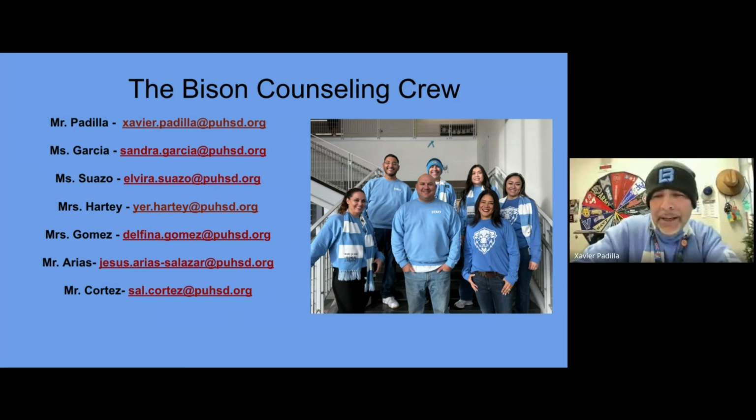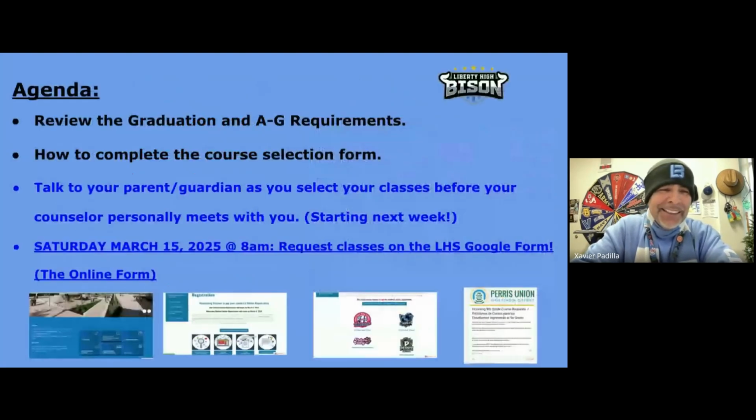I really appreciate it. And we're going to get started with the agenda. So what are you going to be learning in this video? First of all, it's extremely important as a high school student. You're now entering high school. So we're going to be reviewing the graduation requirements to earn that high school diploma and then move on to your career. And then we're going to be looking at the A through G requirements, also what we call Aspire in this district. So we'll be going over that. And that makes you eligible to apply to a university and hopefully you get accepted to one.